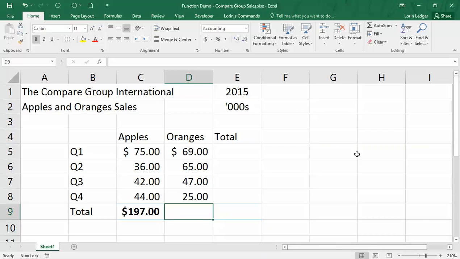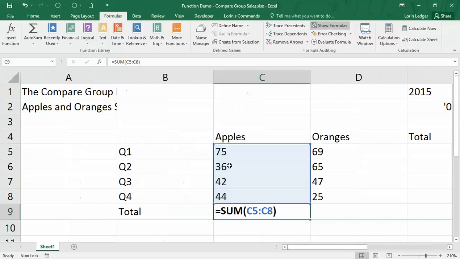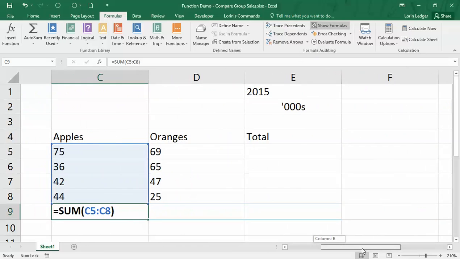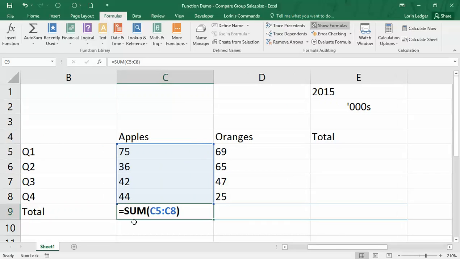All right. Here's that formula. Let's just look at this formula. I'm just going to click on the Formulas tab up here, and in the Formula Auditing group, here's the formula, Show Formulas. If you want to ever show what your formulas are, that's what you can do, is click Show Formulas. All right. So yeah, it's not zooming over. There we go. So here's the formula, sum C5 to C8,